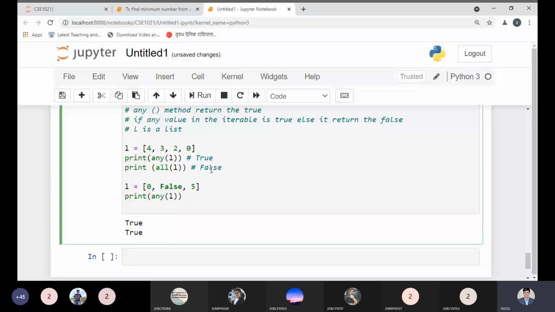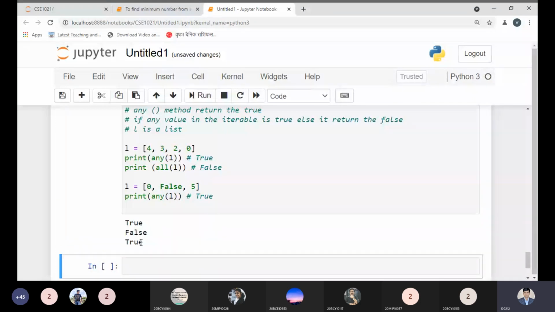In this same example, we are getting true because we have 0, which is false, but at least one value is true, so it will return true. Let me run it. Now we are getting false for the all method because of the same values.